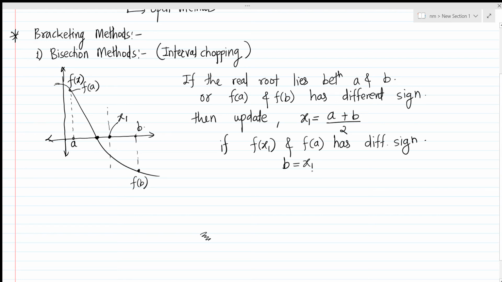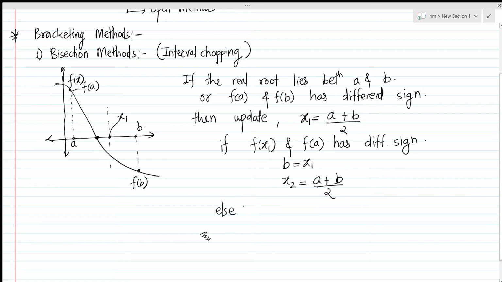We assign the x1 value to b and take the next update of the root, that is a plus b divided by 2, else